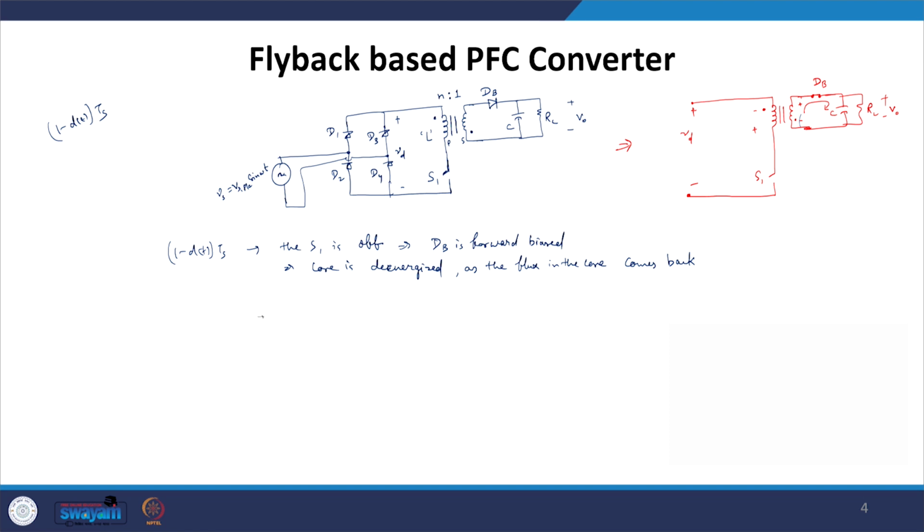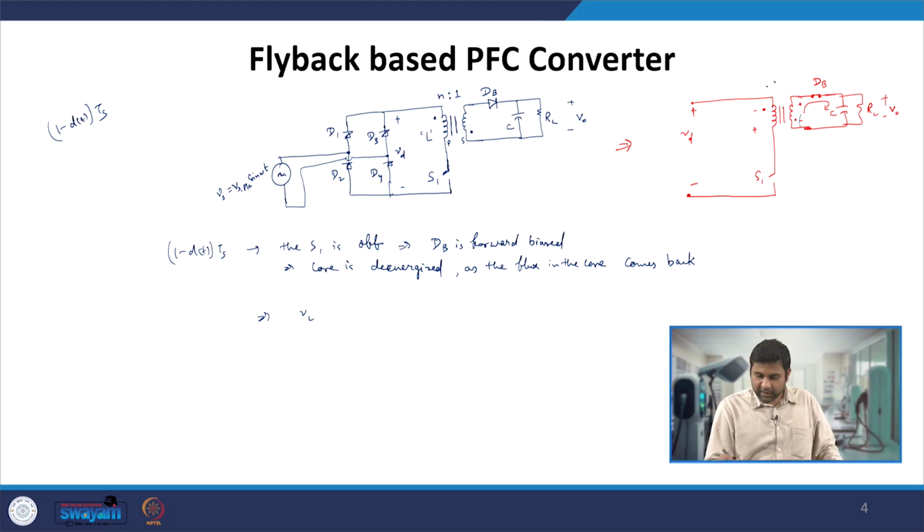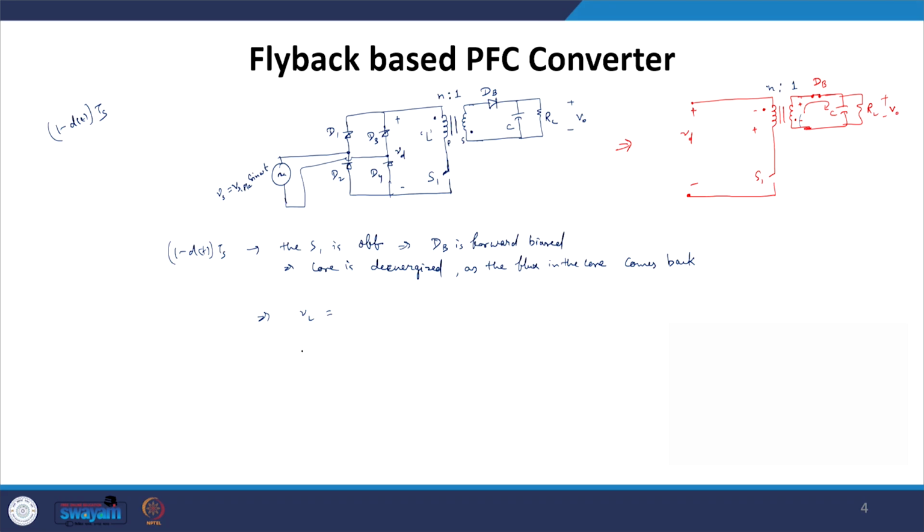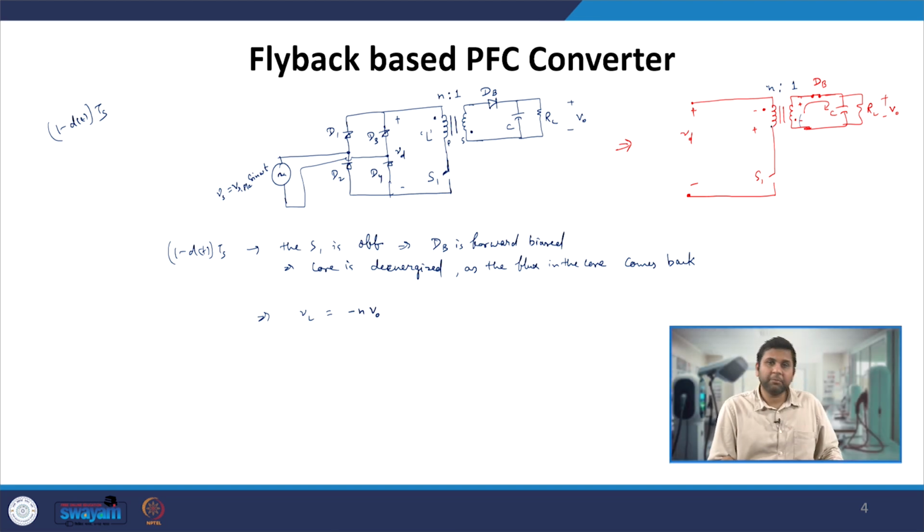At that point, what voltage we are applying, if you look very carefully, during this time the voltage across this inductor, if I take this as n raised to 1, is nothing but, here we are applying the V0 voltage. So if we take it down to the primary side, the VL voltage applied onto this core or this winding is nothing but minus n times V naught. Why have we taken n? Because everything we are writing is with respect to the primary.